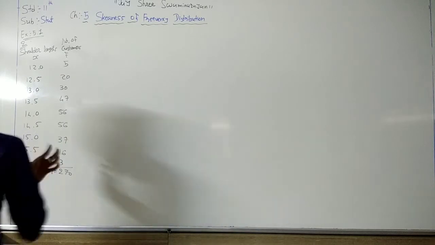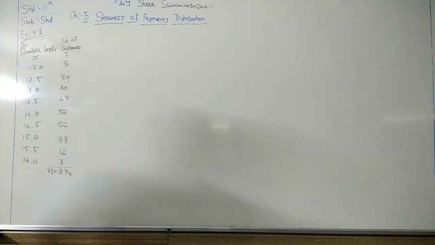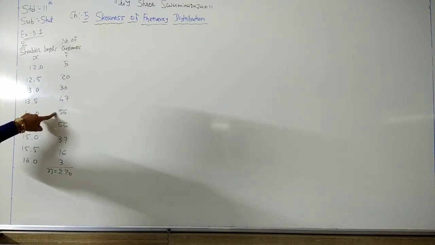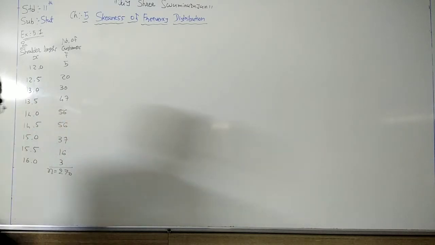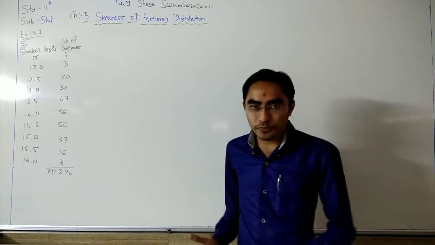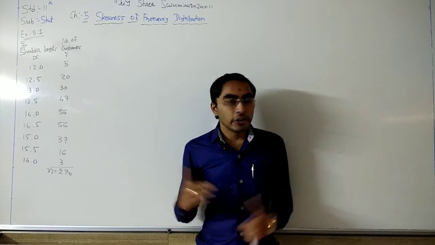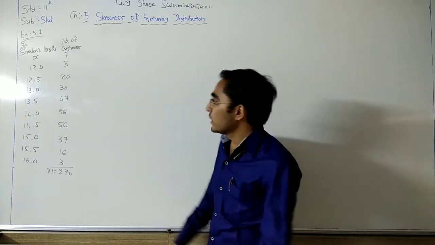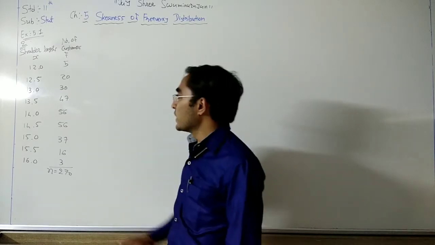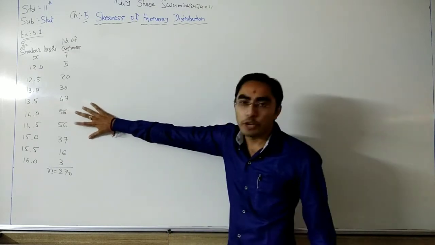Now just take the table first of all for the mode. Here our maximum frequency is 56, but we have this maximum frequency 2 times, right? First of all, we need to check this table for the mode. If mode is defined, then we need to use the formula x bar minus mode divided by standard deviation. But here, if we see this table, our maximum frequency is repeating twice. 2 times we have 56.